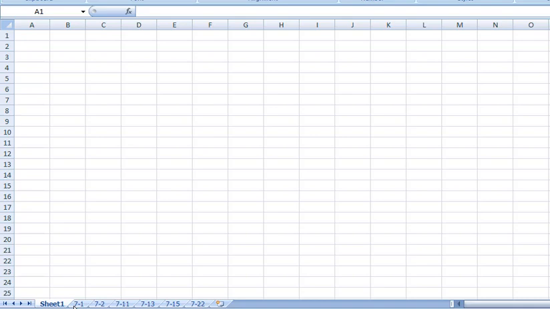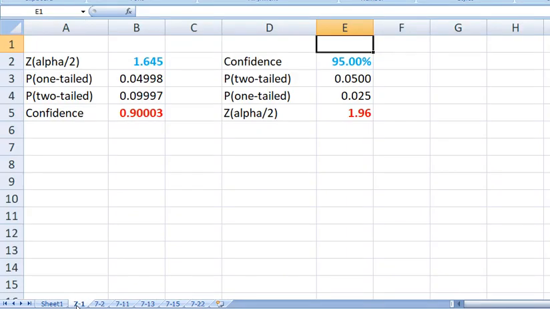You can slow down and pause this video to look at different pieces of it as you want, so I just want to go through the 6 problems fairly quickly. The first problem basically has 2 different parts to it, 2 different things we need to know how to do. One is on the left here, taking a z-factor and coming up with the confidence interval that it represents on